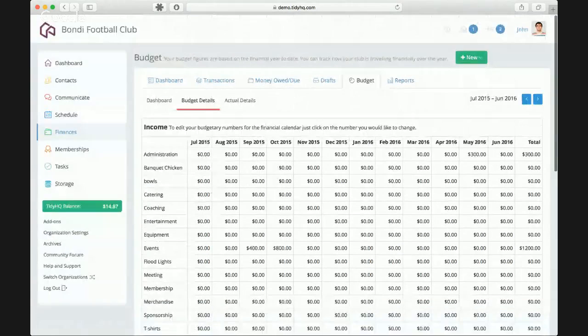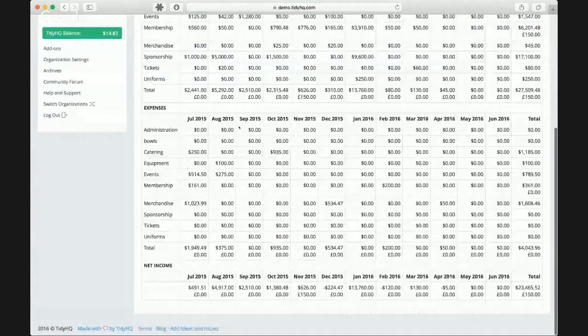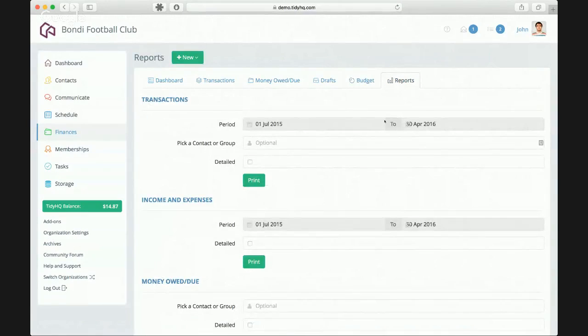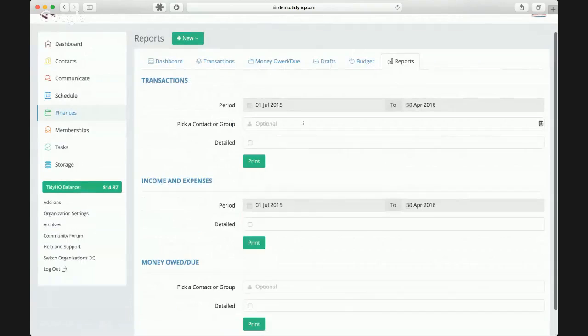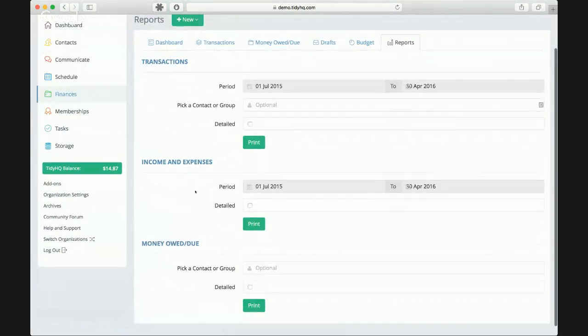That's it. That's pretty simple, and we can compare that against the actuals. Obviously, that's fairly rudimentary. We're going to be making a bunch of improvements around these things. Finally, it's reports. Reports are fairly straightforward again, and we'll be building on some further ones in the not too distant